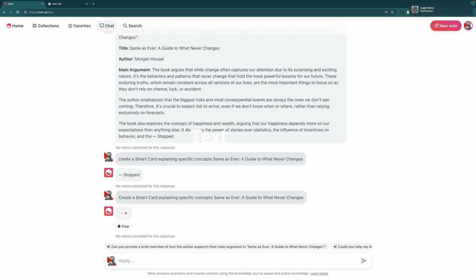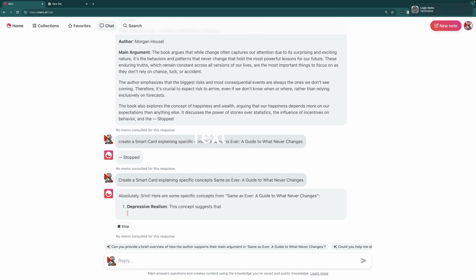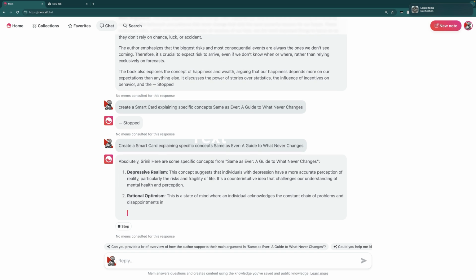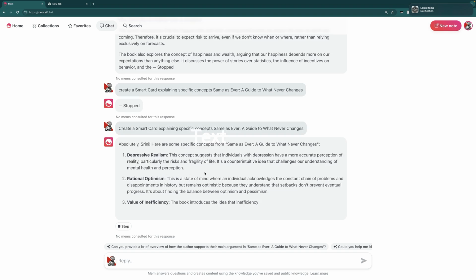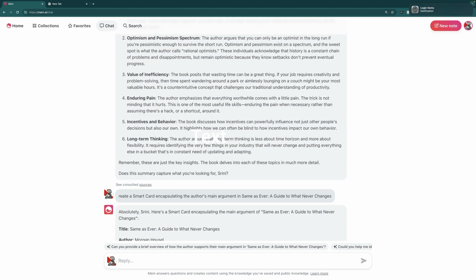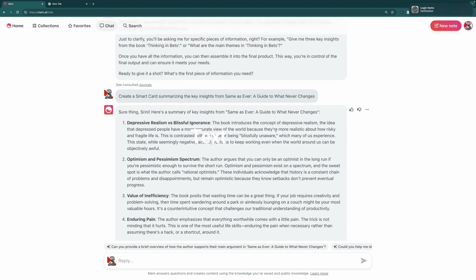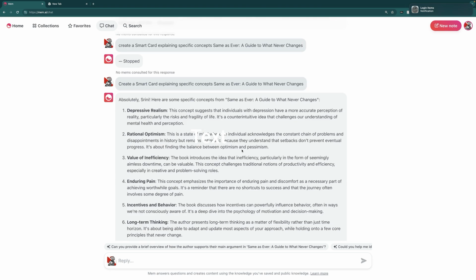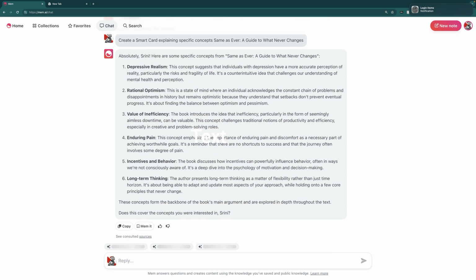And basically what we're doing here is, like I said at the beginning, we're automating the process of summarizing this entire book. And you can see here that it gives us specific concepts. Again, it kind of repeated something that it went over. It kind of overlapped with the key insights and specific concepts. And that's not a problem, but we can mention that to MemChat if we wanted to,